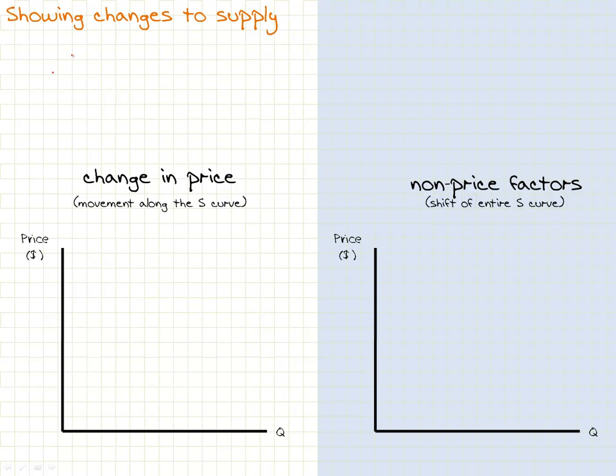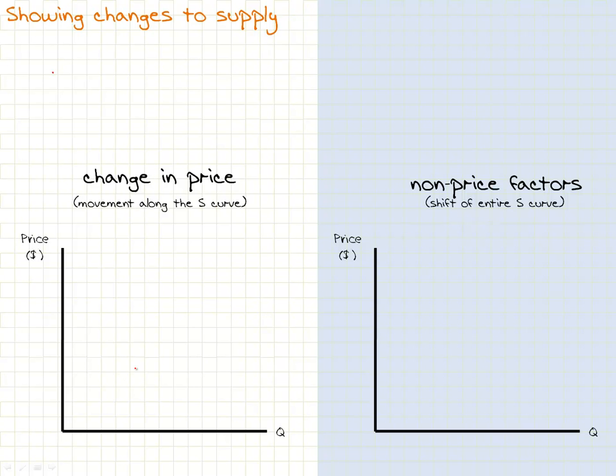And today what we're going to finish off is by looking at changes to supply. Now, just as with demand, we're going to concentrate on two different types. One where there's a change in price and one with the change in a factor other than the price, or what we call a non-price factor. And as you can see from the notes here, the same thing. If there's a change in the price, we move along the curve, and if there's a non-price factor, we shift